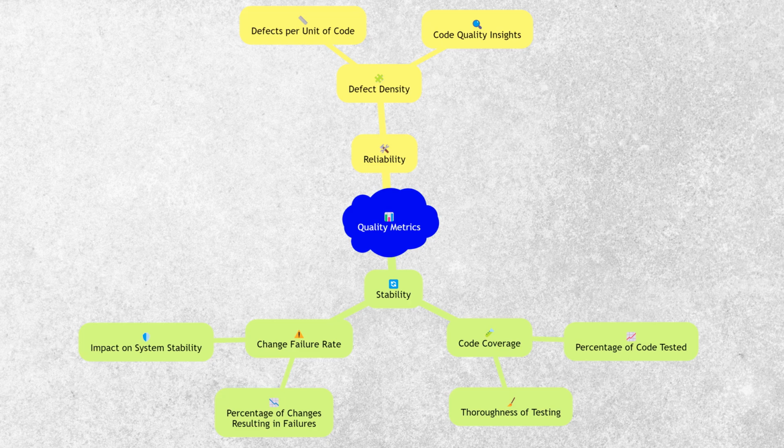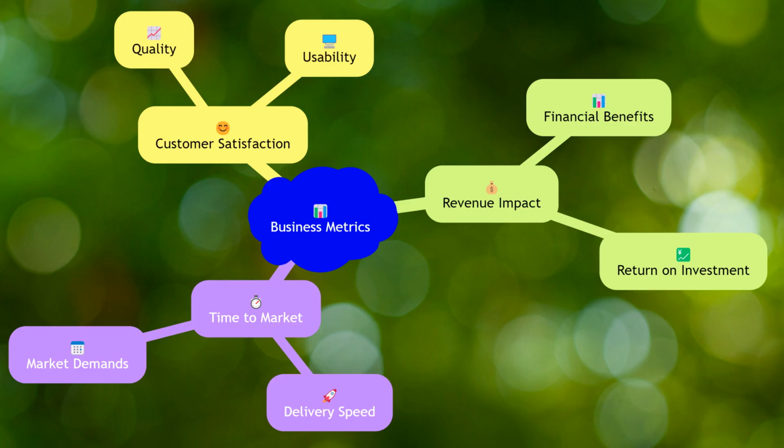on system stability. Business metrics evaluate the impact of development activities on business outcomes. Key business metrics include customer satisfaction, revenue impact, and time to market. Customer satisfaction measures how happy customers are with the product, reflecting the quality and usability of the software. Revenue impact assesses the financial benefits of development activities, indicating the return on investment. Time to market tracks the time taken to deliver new features or products, highlighting the team's ability to meet market